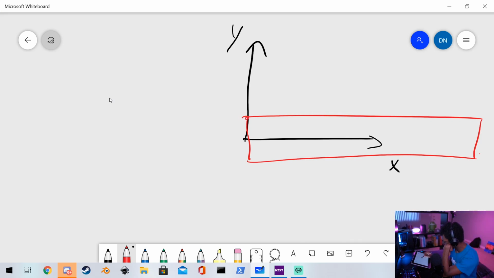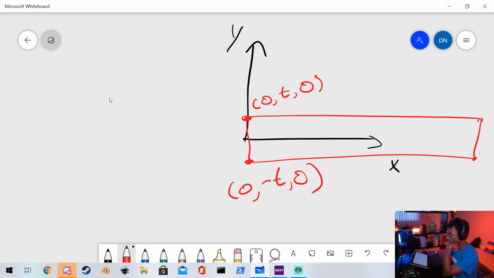Then I'll need this point, which will be 0 thickness, which I'll just call T0. This point 0 negative T0. This and this. And since I can only draw triangles,